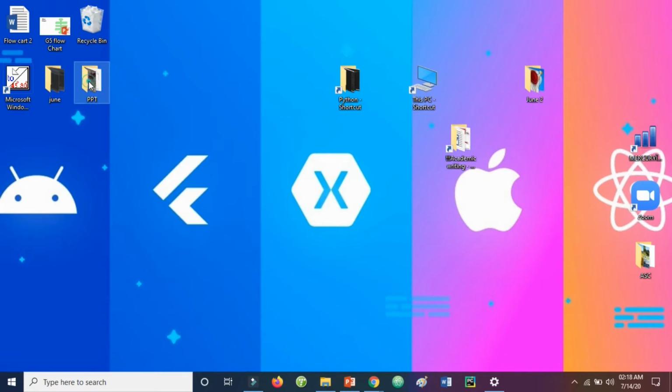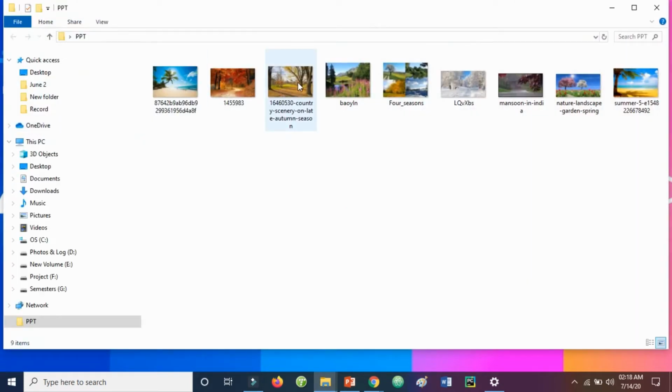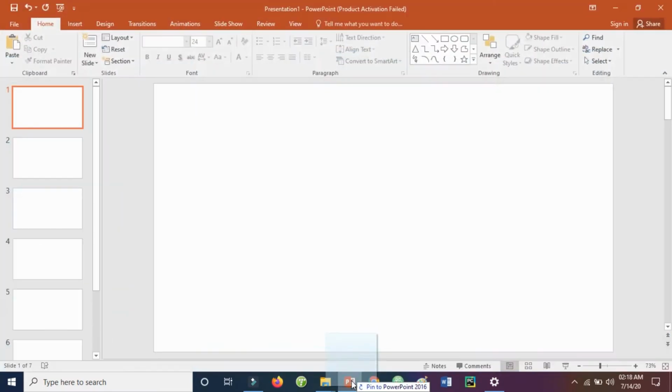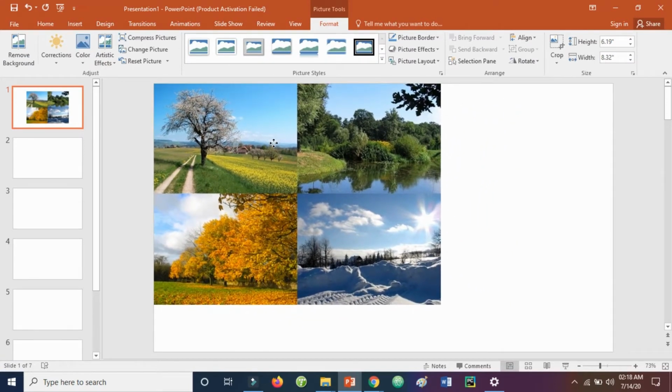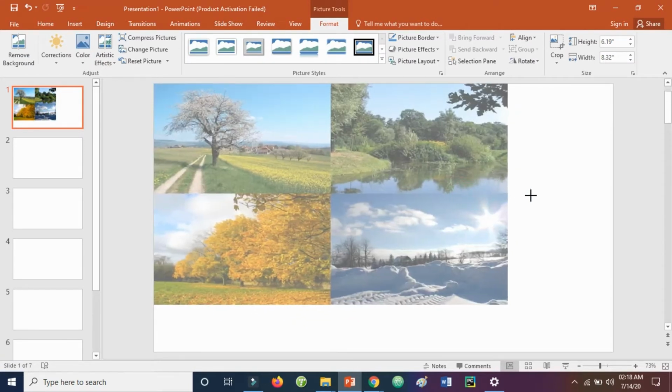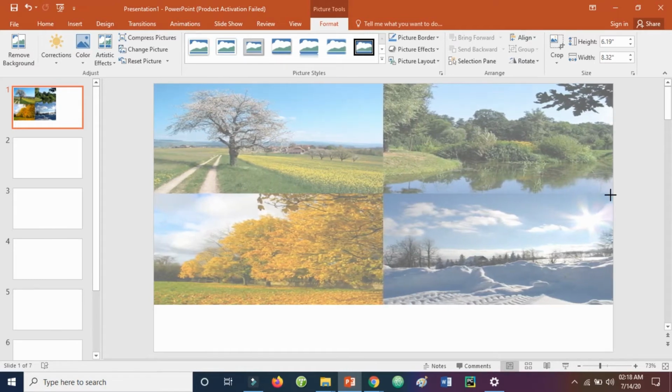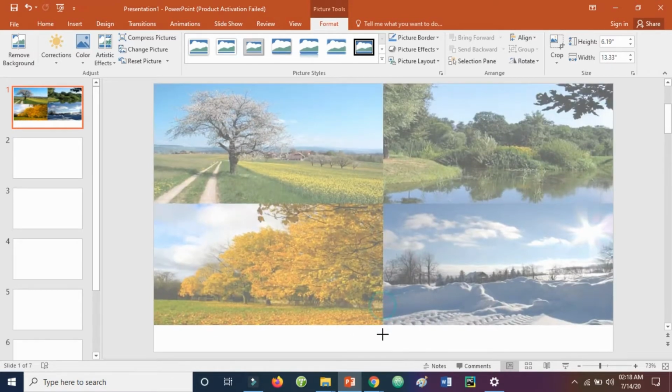Our folder is this one, and then we're going to pick this photo and drag it up to the PowerPoint, and we're going to put it here. So you see it does not fill in the slide, so what we're going to do is stretch it up a bit and fit the screen,